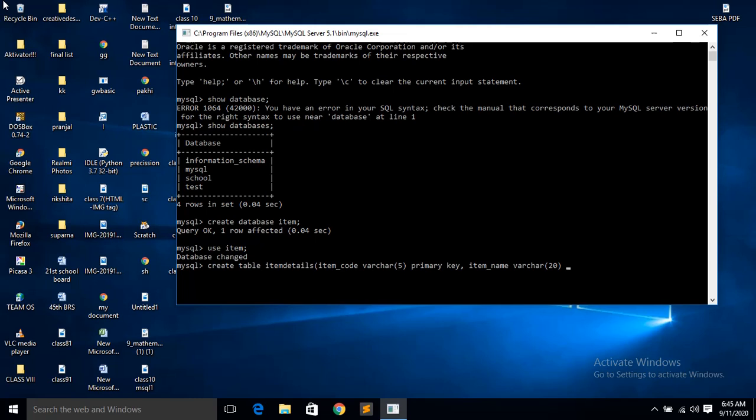Whenever you use the primary key on any field, it will automatically be set as not null, because when you set a primary key on a field, it should not be empty. The item name also should not be empty, because sometimes it is needed.